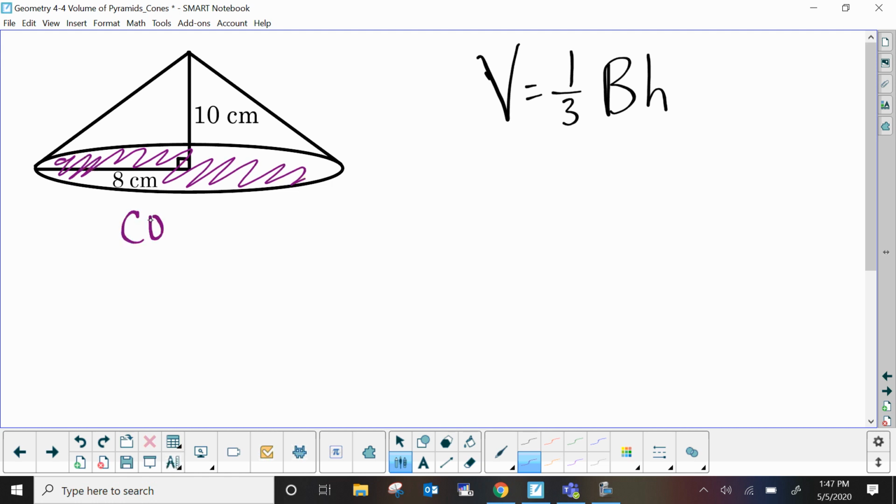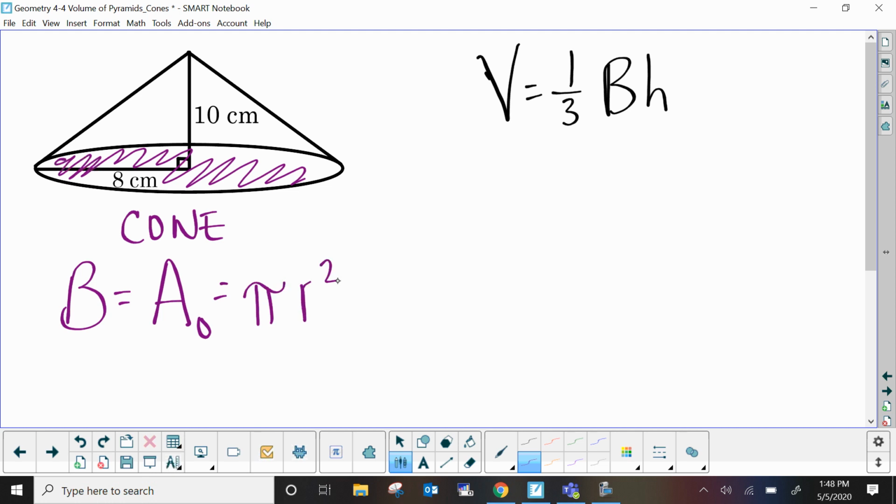That's why it's called a cone, because the base is a circle. Well, that means capital B is the area of the circle, which is pi r squared. Well, what's nice about this one is the radius is given to us. The radius is 8, so this is just pi times 8